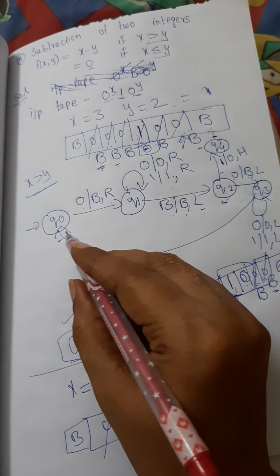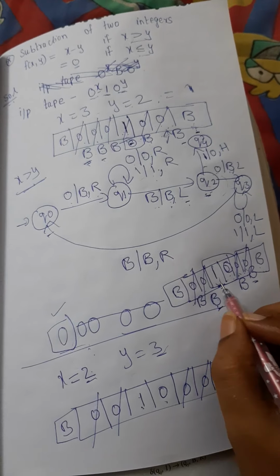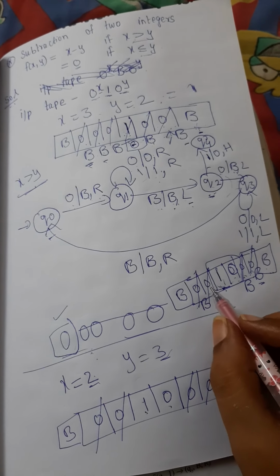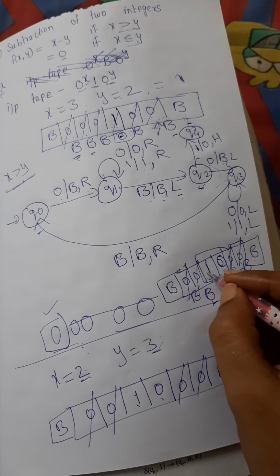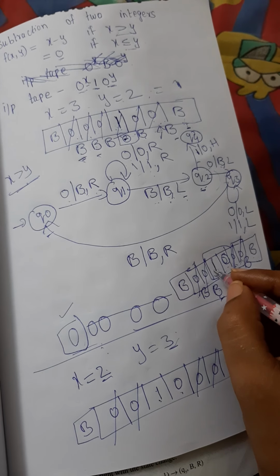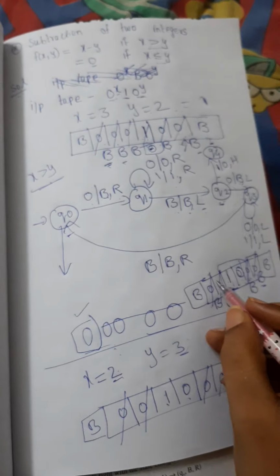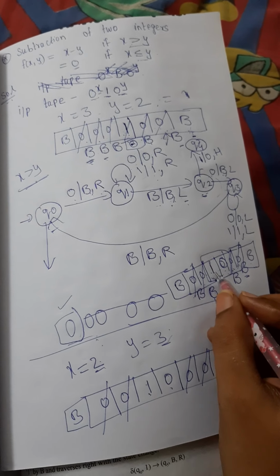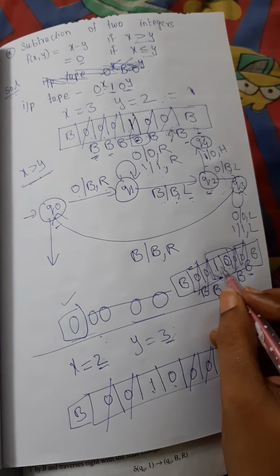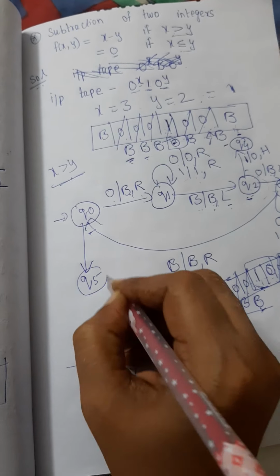So when you are in the Q0 state, we are not having 0. The meaning is here x is less than y. X is 2 and y is 3. So in that case, what we will do here is we will take one more state, because you are getting in the Q0. You are in the Q0 state. We have a transition for 0. But do you have 0 now? We don't have 0. So let us take the transition as Q5.